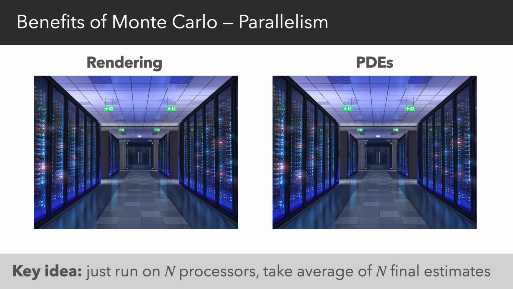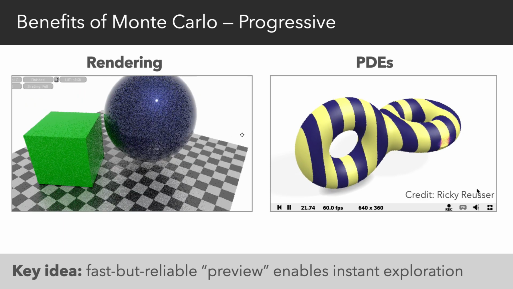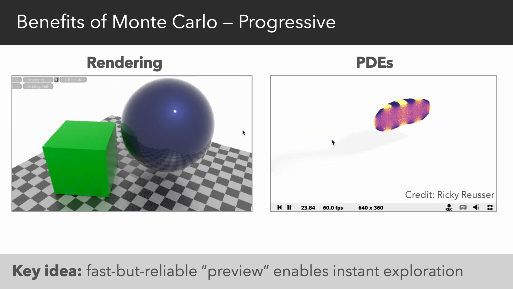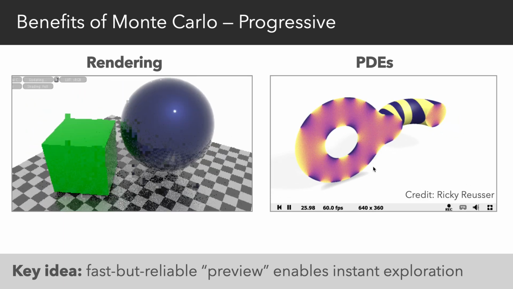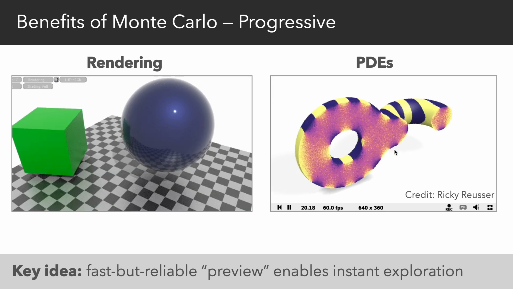Just like with rendering, we get perfect parallel scaling by averaging the result from n different processors because we're basically just summing up independent Monte Carlo estimates. And we can immediately get a reliable preview of what the solution looks like by just taking a few samples. So on the right is a PDE being solved in real time in a shader program with walk-on spheres, again